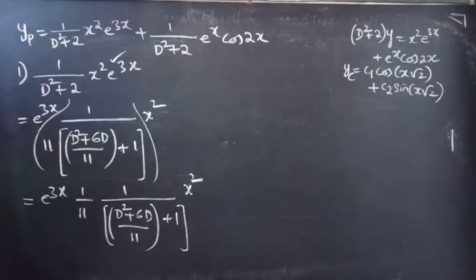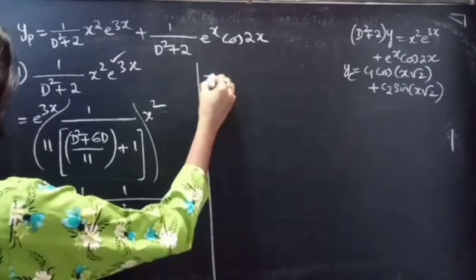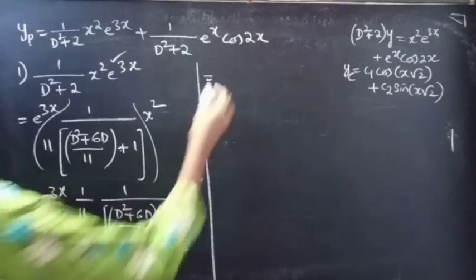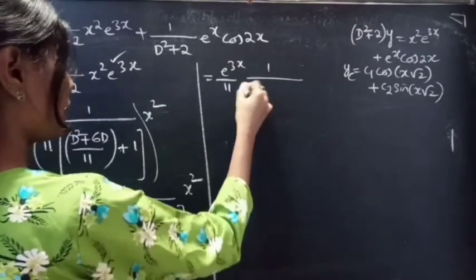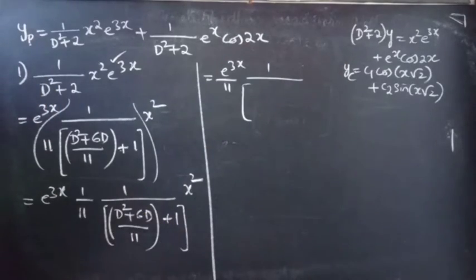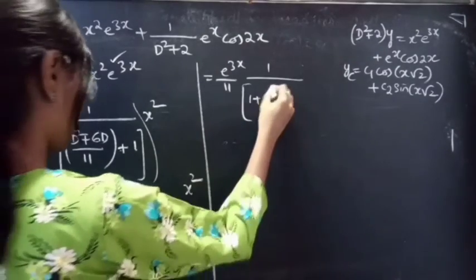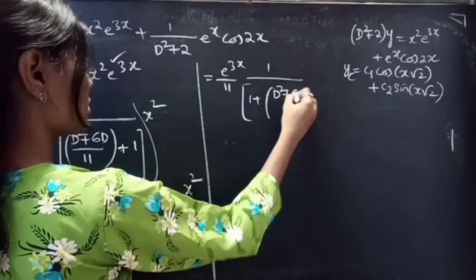This becomes e power 3x into 1 by 11 is e power 3x by 11 into 1 by, I'll write this denominator as 1 plus d square plus 6d by 11